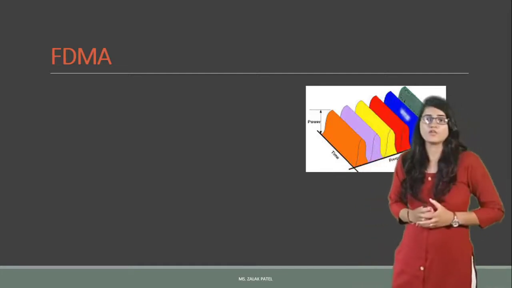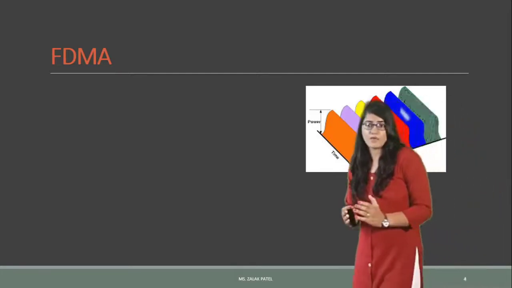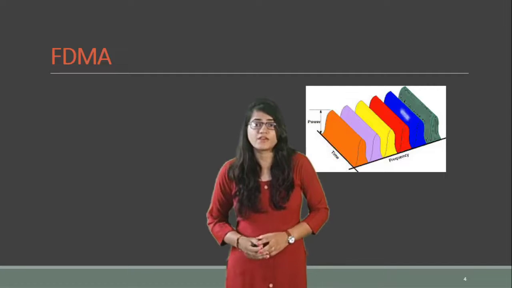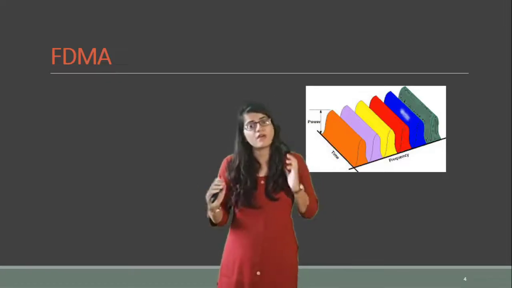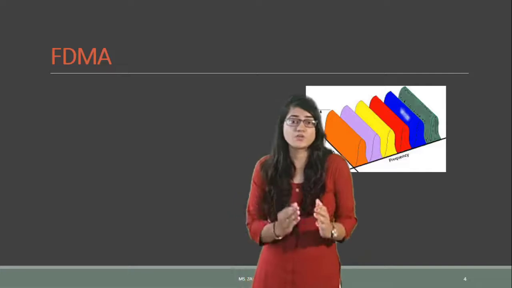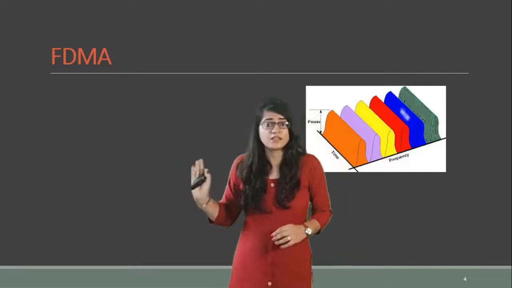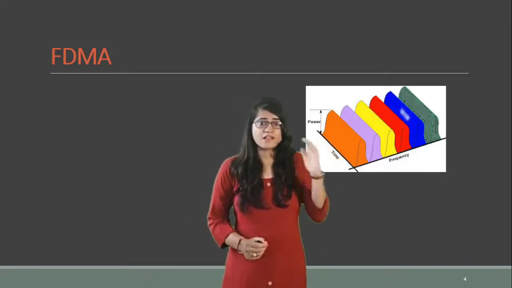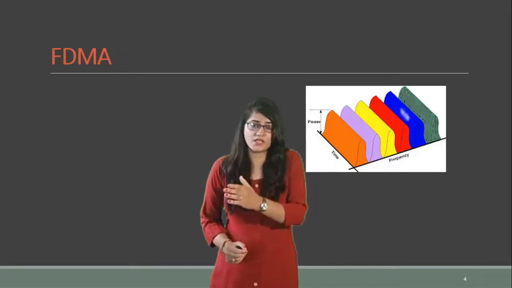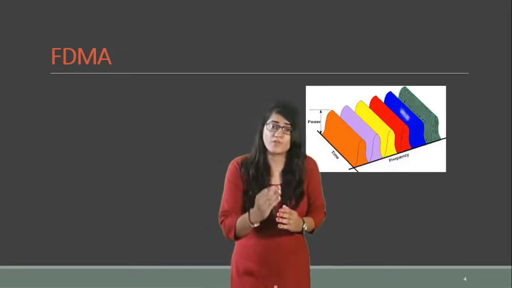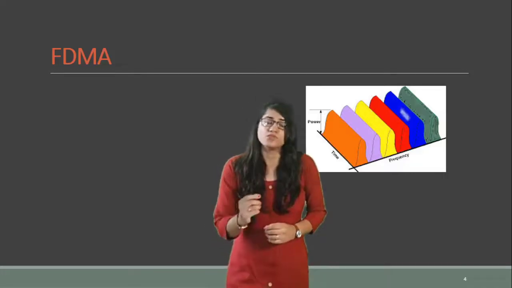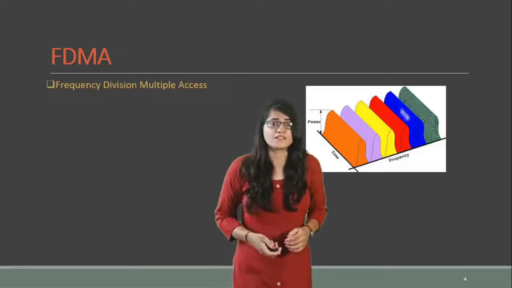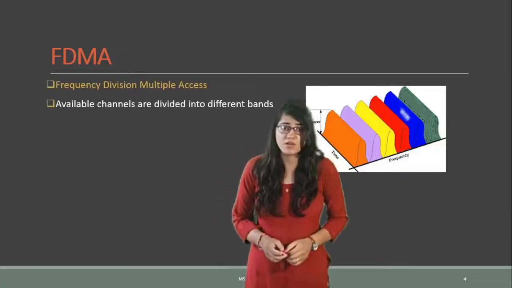First of all, let's talk about the FDMA technique. In case of FDMA, in the previous slide we can see that in frequency division multiplexing, the whole frequency band or spectrum is divided into a number of bands. Here in the diagram you can see that the frequency band is divided into a number of individual bands. Band 1 is allotted to one particular user, then band 2 is allotted to another user. So in case of FDMA, the frequency division can be done. So we can say that the full form is frequency division multiplexing.